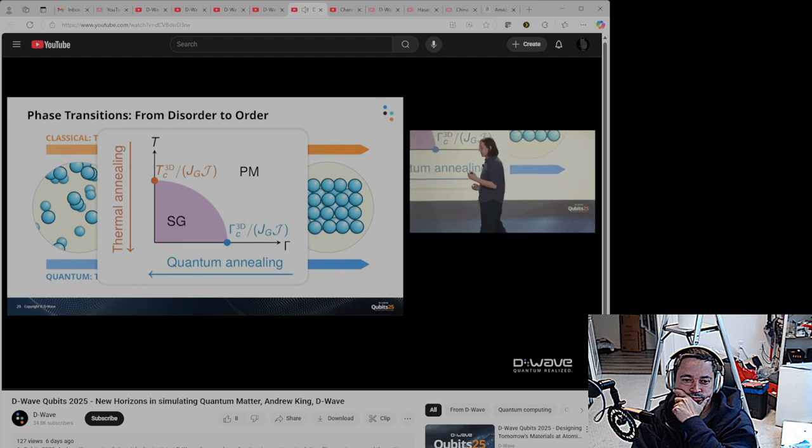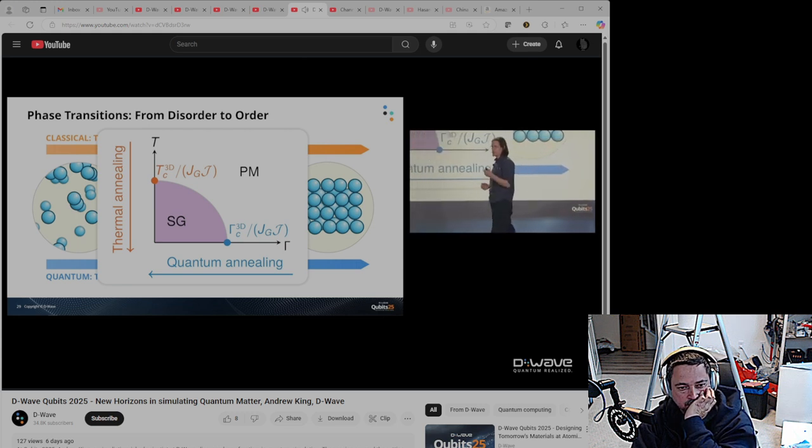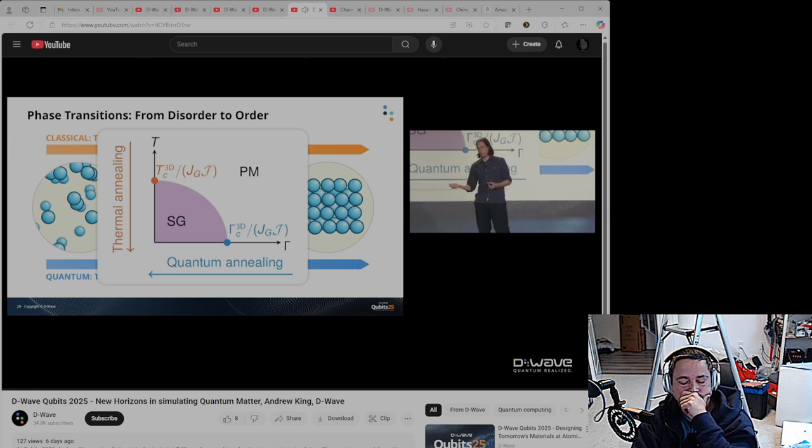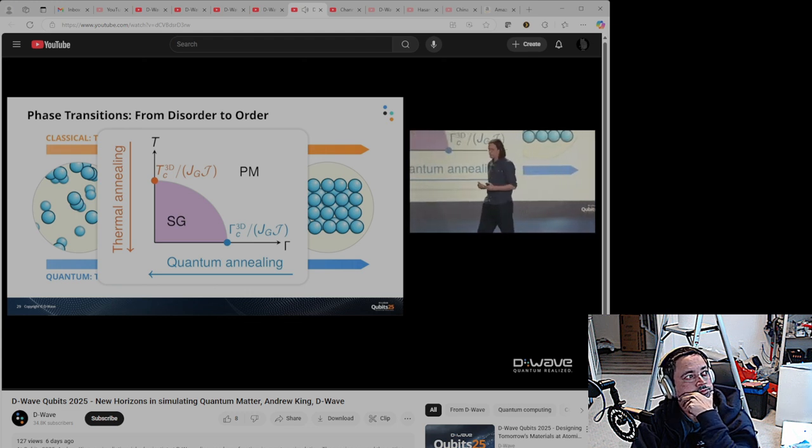If you are a business customer and you want to optimize something, you don't necessarily care about how you get to the best answer. You just want to get there, and you want to get there fast. But it can make a big difference which phase transition you go through. If you go through the thermal phase transition, you get different dynamics than you do when you go through the quantum phase transition. So I'm going to talk about the first experimental demonstration of this at large scale that we performed and published in Nature in 2023.